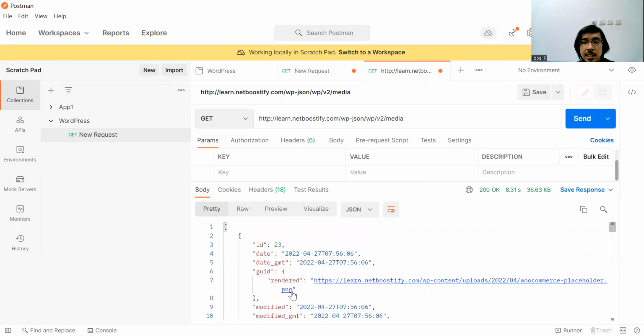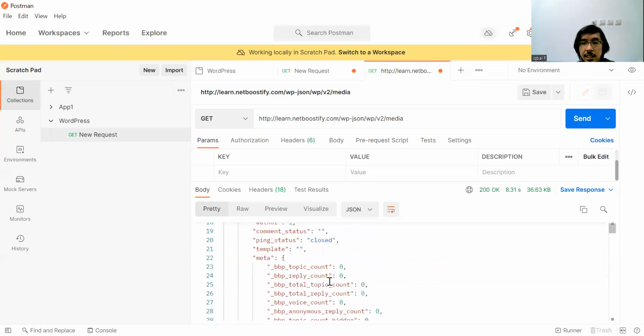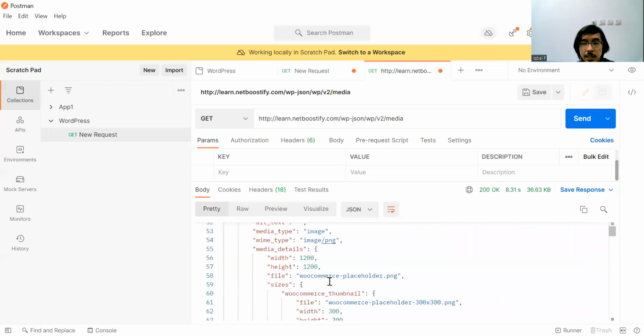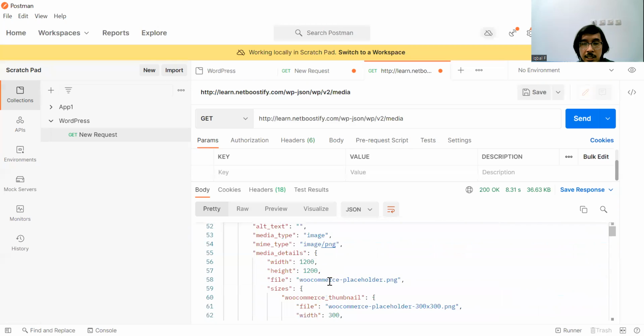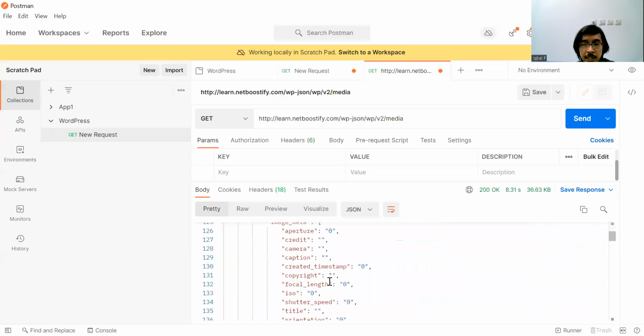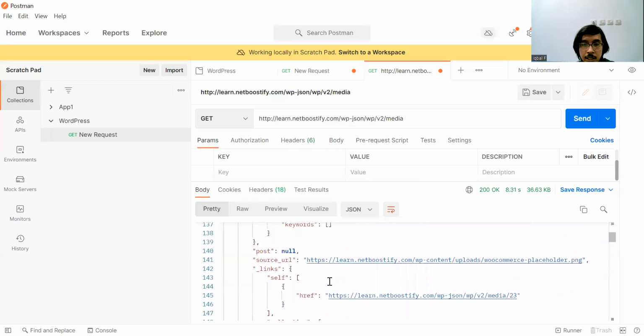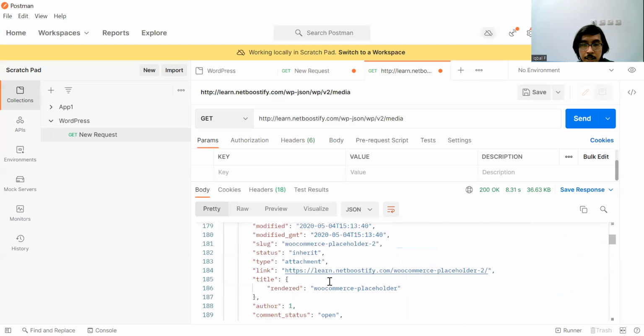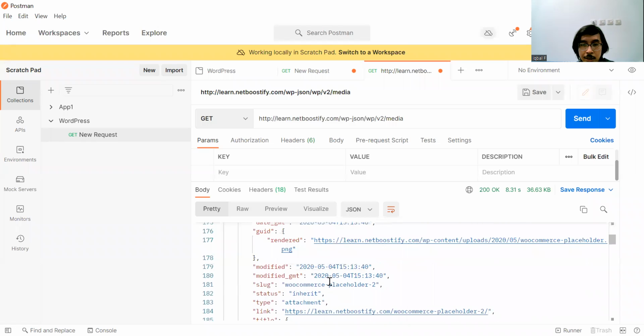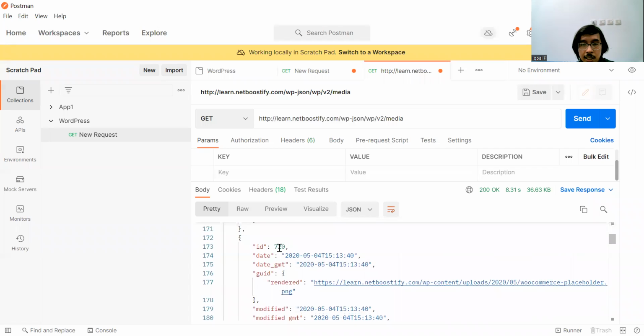We get the ID, and then we get the URL to the media file here. You can scroll down, and you can get another media. This is the next one. You can get the next ID, and then the URL, and so on.